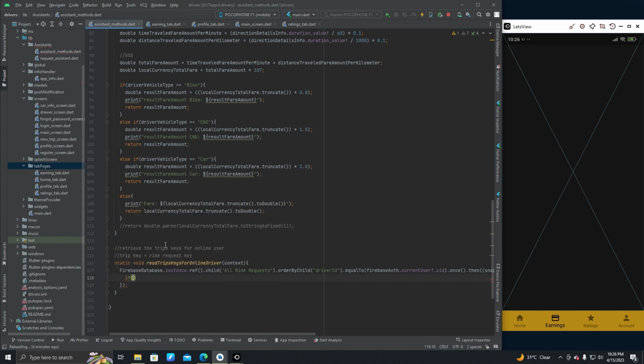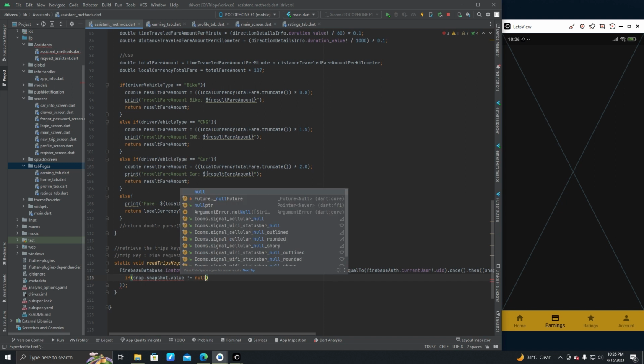So if snap dot snapshot dot value not equals to null, then